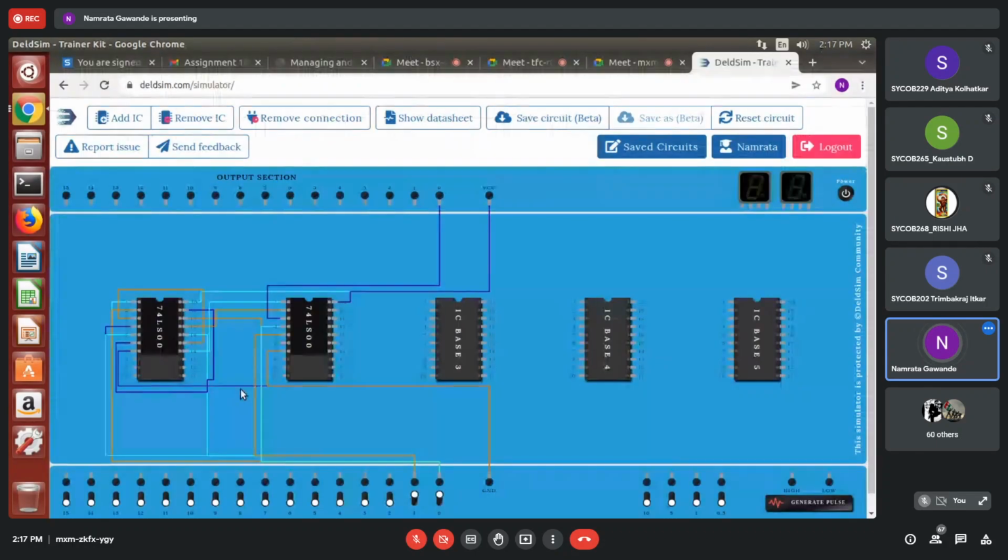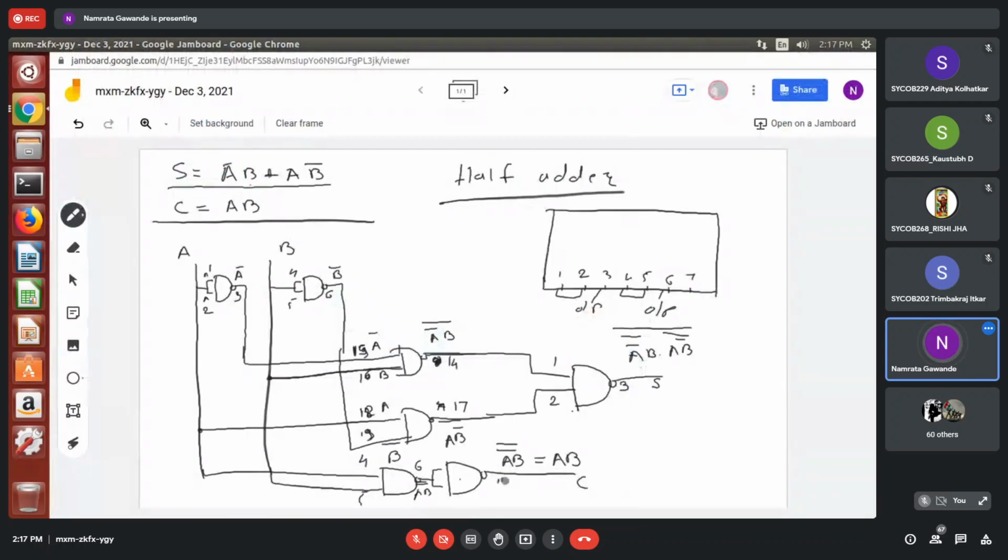So 6, I can connect to pin number 15 and 16, because the same input is going to both. And after that, 14 is the output, and 9, 10 are the inputs. So those are the connections you have to use. And pin number 14 will be nothing but the carry. So this is 14, this is 15 I have used, and this is 16.